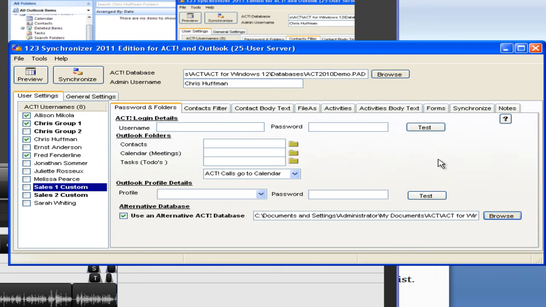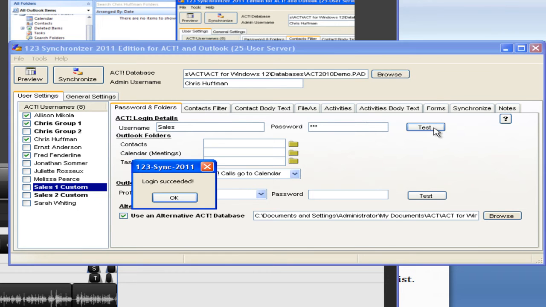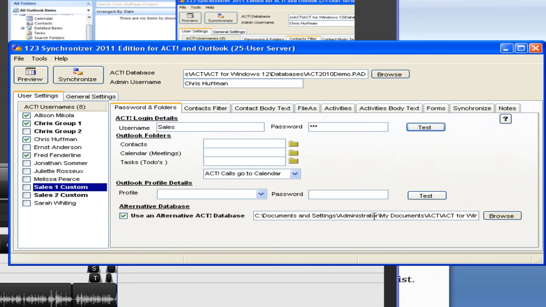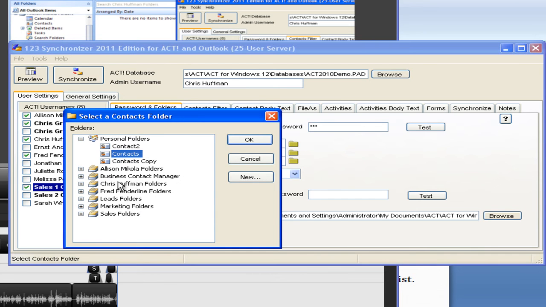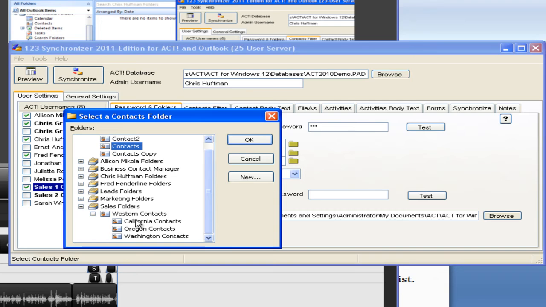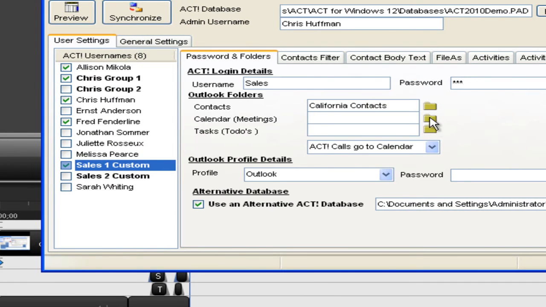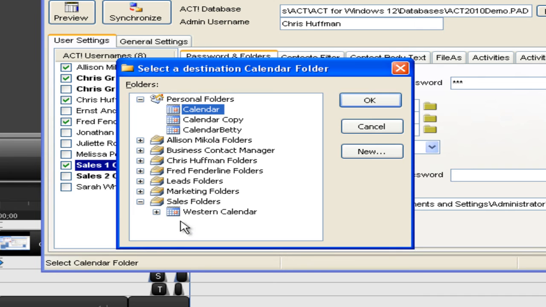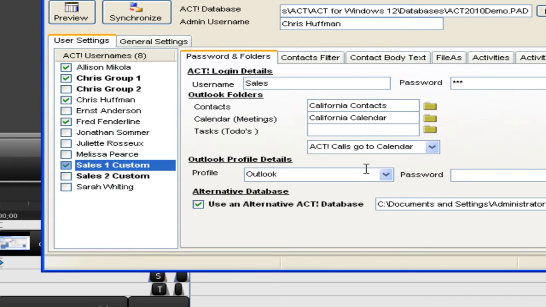So we managed to log in. Now we need to log in as sales as well, so we tell them who we are in this database. So we succeeded. Now we're accessing an alternative ACT database that we're synchronizing. So these will synchronize with the main database, but our sales will synchronize with a different database. From our sales database, we're just going to go in here and put in California. As far as sales, we're going to go Western Calendar, California,